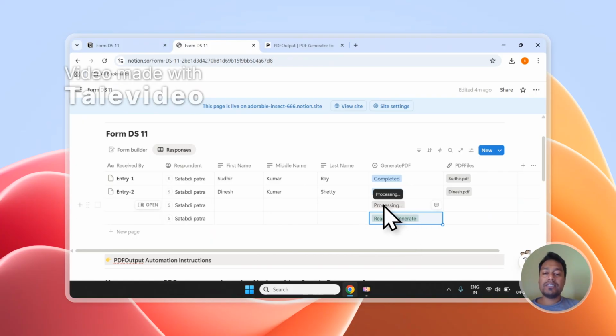And before we wrap up the video, you can see it has started processing this particular document and it has created the document right inside the database as we discussed. So this is how the automation works and how it